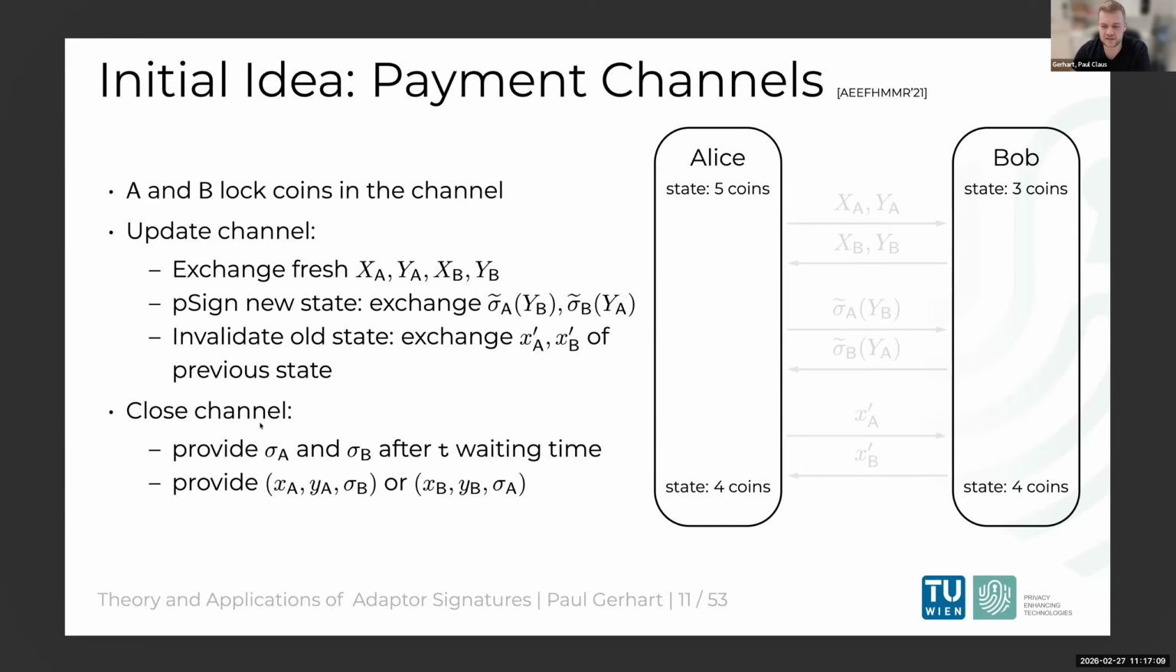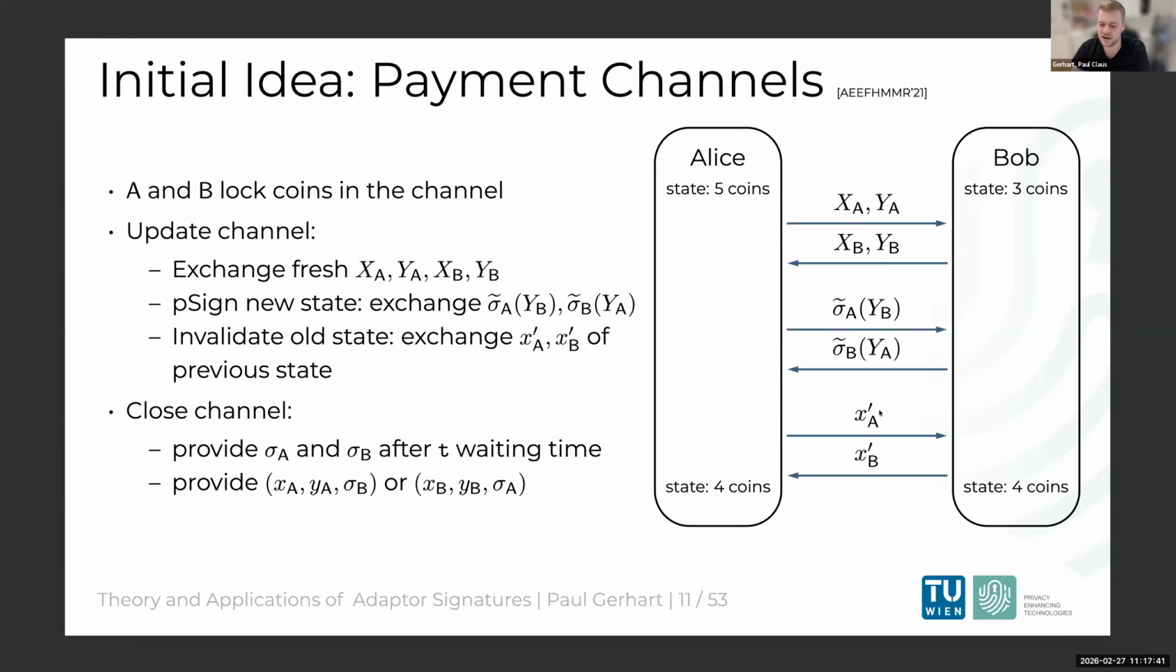So what the parties are doing is, first of all, they are exchanging a whole bunch of statements, XA, YA, XB, and YB. Second, they pre-sign the new state, sending a pre-signature. And as you can see here, Alice will pre-sign the statement of Bob, and Bob will pre-sign the statement of Alice. And once they have exchanged pre-signatures, which updates the channel state, they also exchange witnesses XA prime